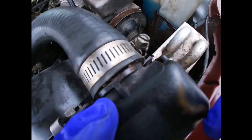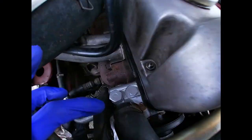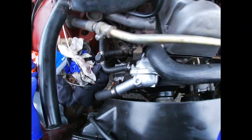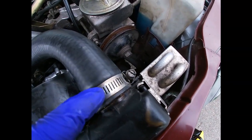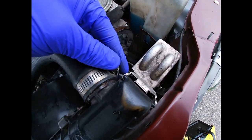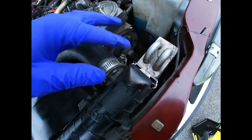Also guys, I put copper paste right there under the hose, and also right there, pretty much everywhere, even here. And when you're tightening this clamp, be careful, because this plastic likes to break off, especially on these 240Ds, so don't over tighten this. As you're tightening it, just check the tension, and probably leave it alone, see if it actually